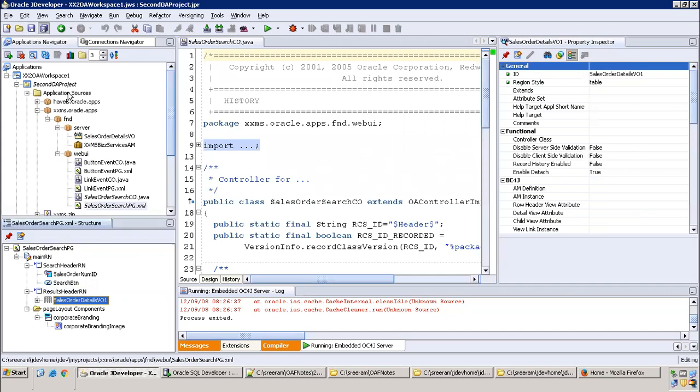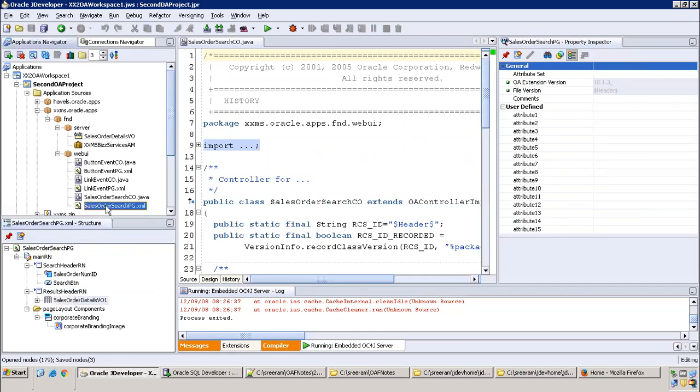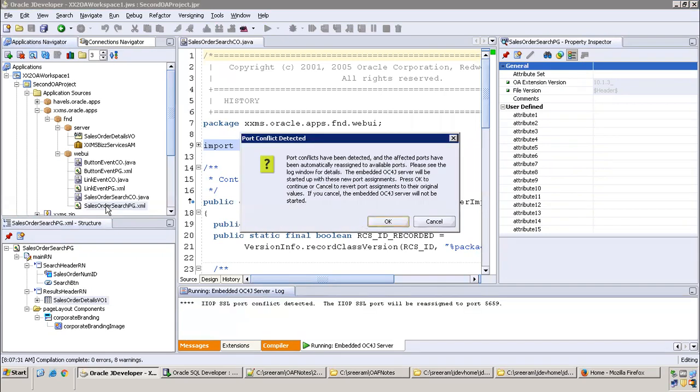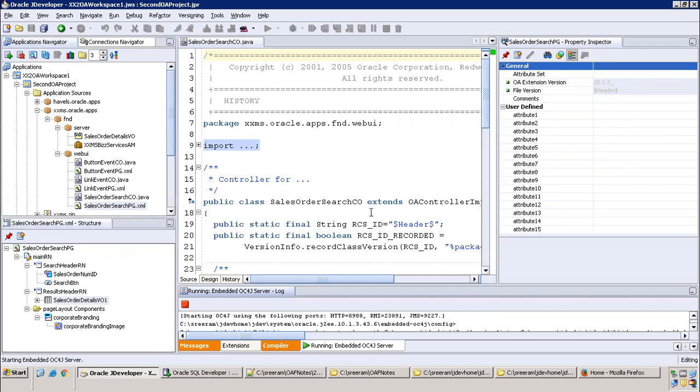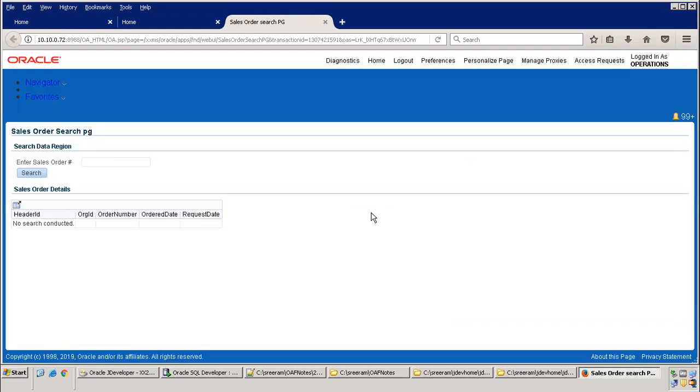Okay, so as of now, we have not created any Java logic, but still let us run the page and see whether it works or not. At each and every step, rather than finishing everything at a time, always try to design a partial portion and validate your page step by step. That's the best way to find out the bugs, because let us say if you have implemented everything and your page is not working, there is always a chance that somewhere we would have missed something. The best way is to always design your partial portion and run the page frequently to validate how it is displaying, like whether there are any missing things.